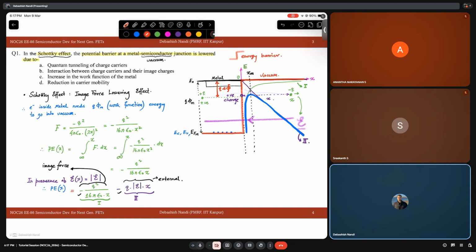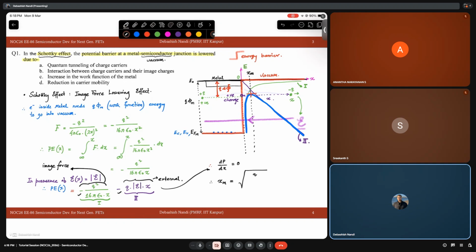And this maxima is at the point x equal to x of m. So how do we calculate x of m? We just put dPE/dx equal to 0, right, to find the maxima, and use this equation. So my x of m will turn out to be